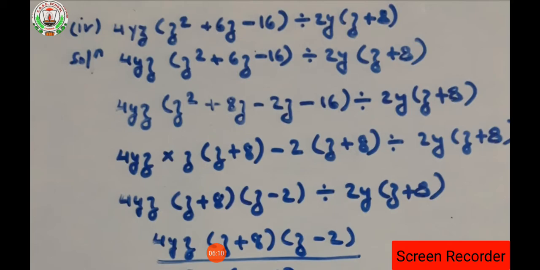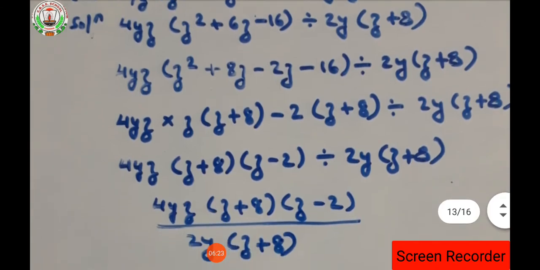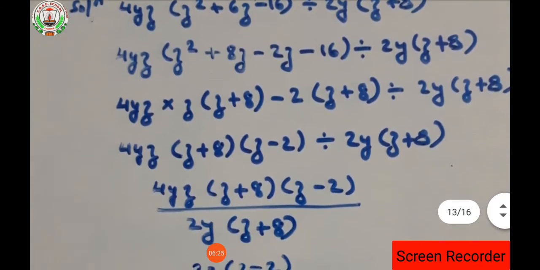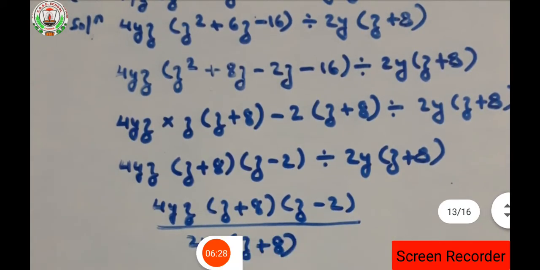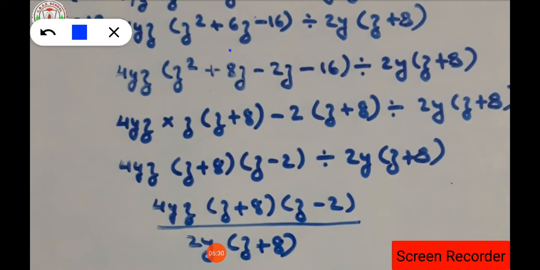Okay, so we have to divide it, isn't it? Before dividing, something inside the bracket, that is 6z, can be written as 8z minus 2z. Why we are writing like that, I will explain to you. See here what has been done over there. Here 6z is written as plus 8z minus 2z, because 8 minus 2 is 6 itself. So we are going to write in this form. Okay, why are we writing in this form?